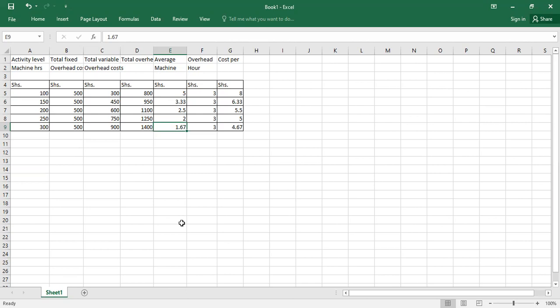So in our solution, we know that the absorption rate is,